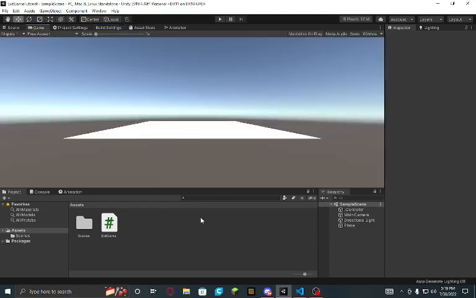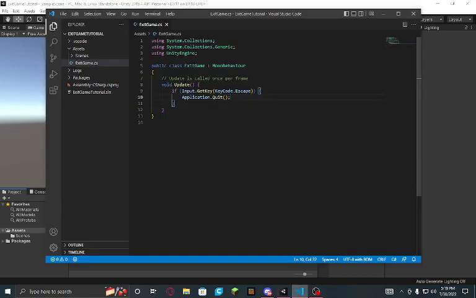And yeah, that's basically the tutorial completed. But I want to add one more thing. So we're going to go back into the exit game script, and at the back of Application.Quit, we're going to press enter, and we're going to type